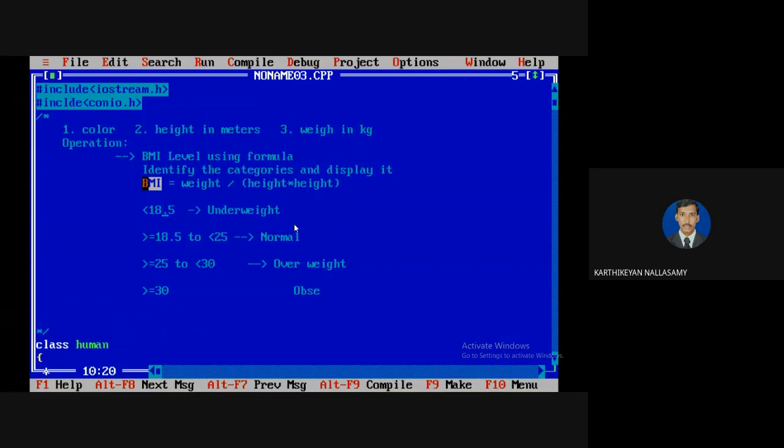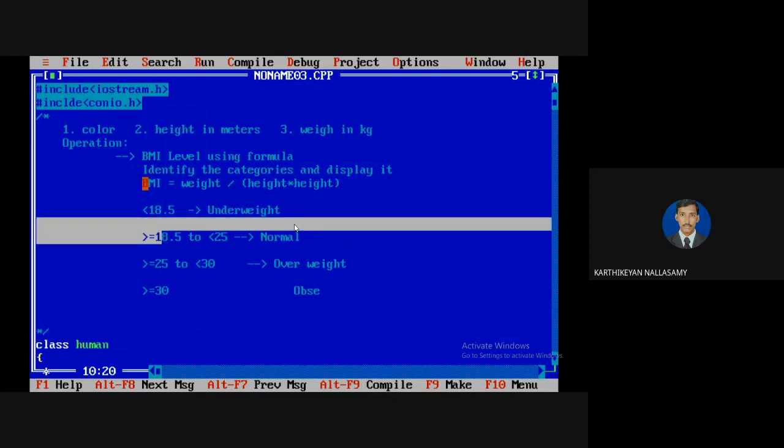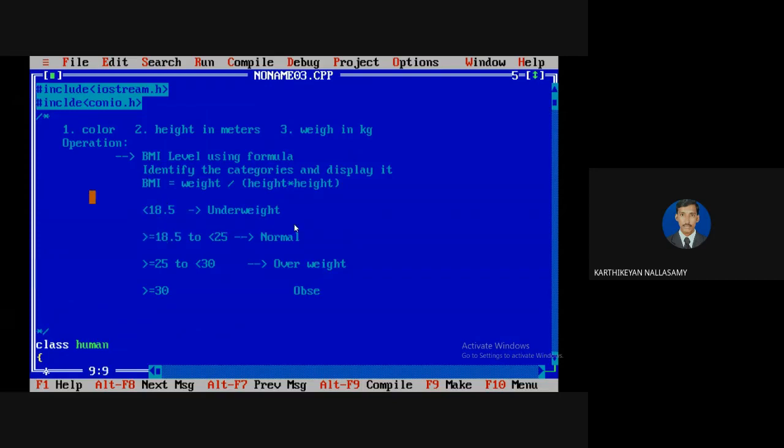Let us try branching. That means, let us try looping. Here there is no repetition. This is applicable for only one person, so it is a one-time test. So looping is also not applicable, but branching is suitable. The test is taken only one time and it will be printed, which means it will be decided as any one of the cases. There are 4 cases, so we prefer to go with the if else if ladder.